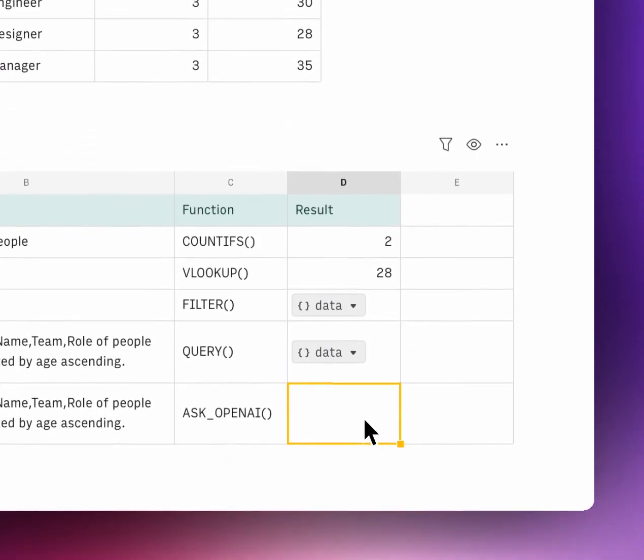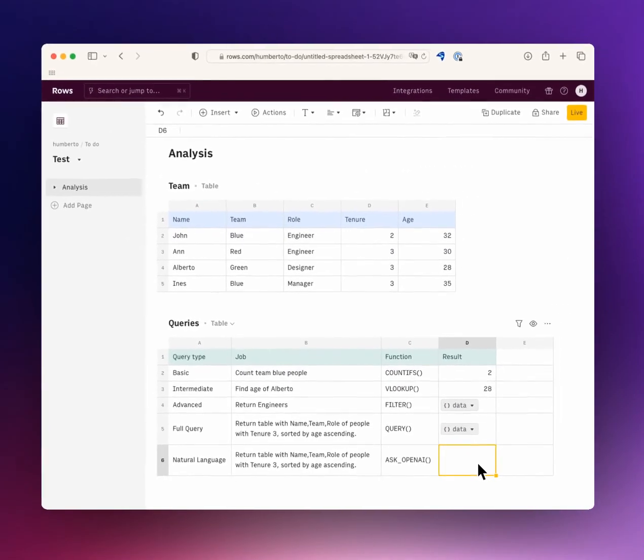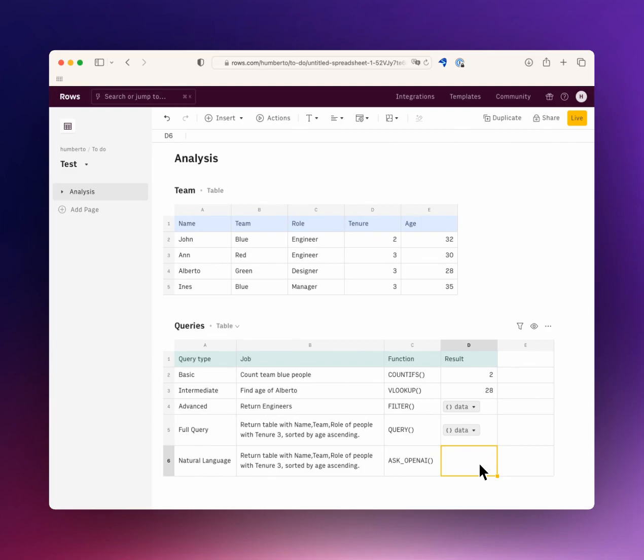And finally, we want to use the natural language to return a table with name, team, and role of people with tenure 3 sorted by age ascending. Okay, we want to do the same thing. So let's do ask OpenAI, right? And the prompt is going to be, so return a JSON. So we want complex data, right? With name, team, and role